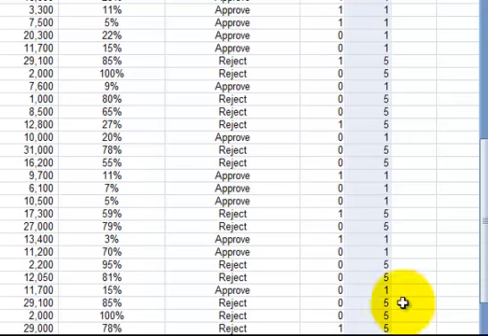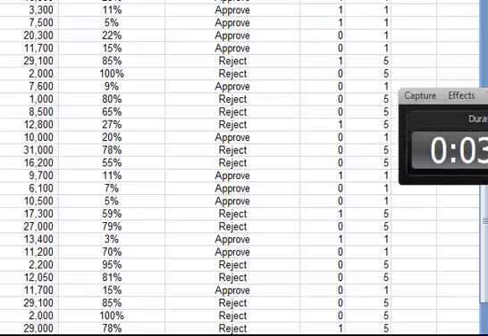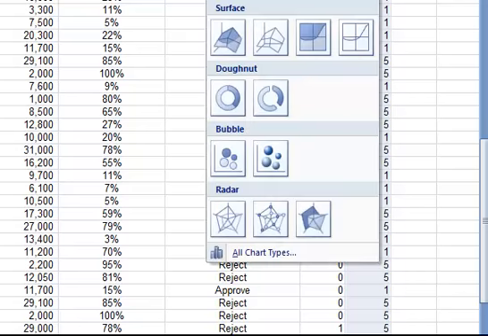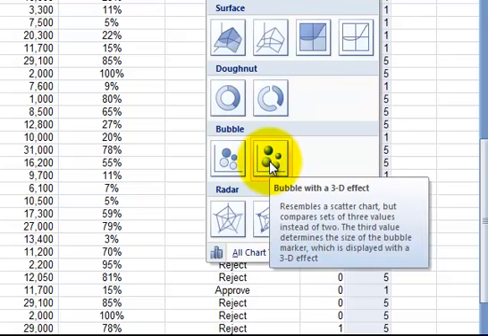I've highlighted those 3. If I now go up to insert, other charts, and I go to this 3D bubble,